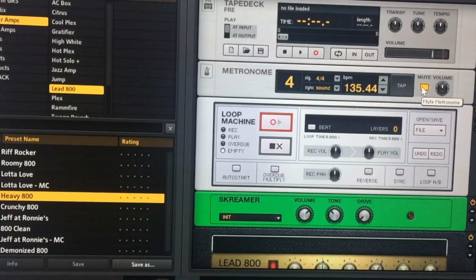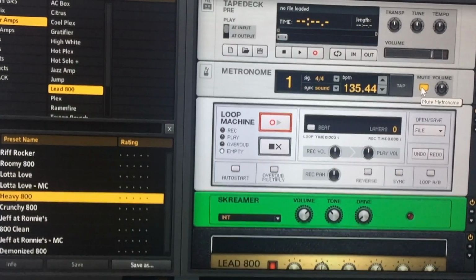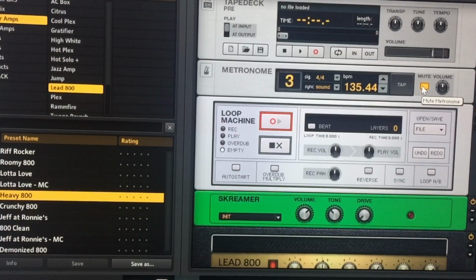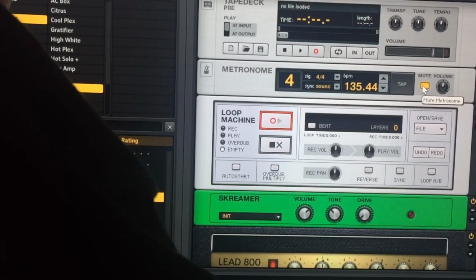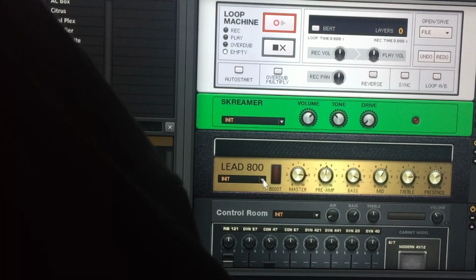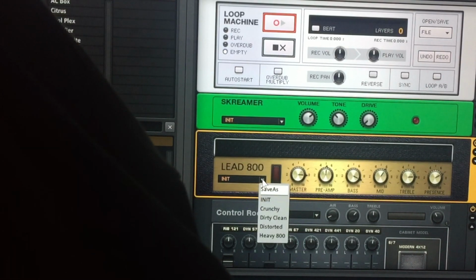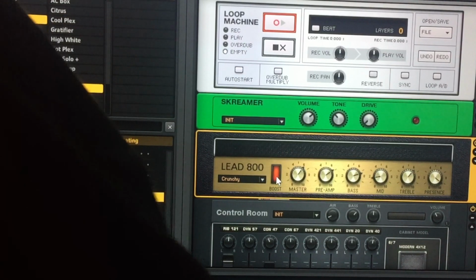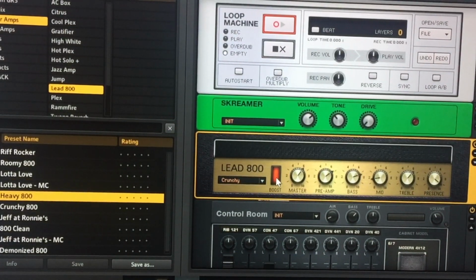What's unique about this is you have a lot of choices in terms of how you want to set it up. It doesn't have some of the features of Bias effects, like you can't change the tubes or anything, but what's cool is you can go in and you have your amp models like Lee J, you can do boost or not. This doesn't have the boost, and then this is the actual amp model. You have the different settings, like you pick crunchy and you put the boost on, and I'm just taking the default settings right now. So if I just do this,